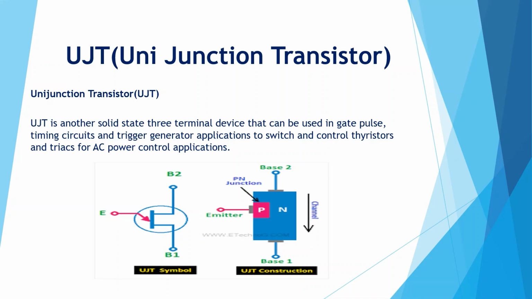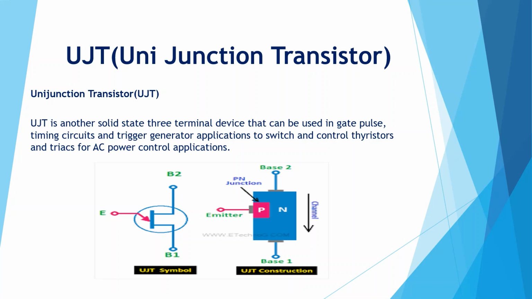Basically, a uni-junction transistor is a 3-terminal silicon diode. As its name indicates, it has only one PN junction. It differs from an ordinary diode in that it has 3 leads. A normal PN junction diode will have, of course, one junction but 2 terminals, anode and cathode. But in case of UJT, we have 3 terminals, one emitter and 2 bases, base 1 and base 2.